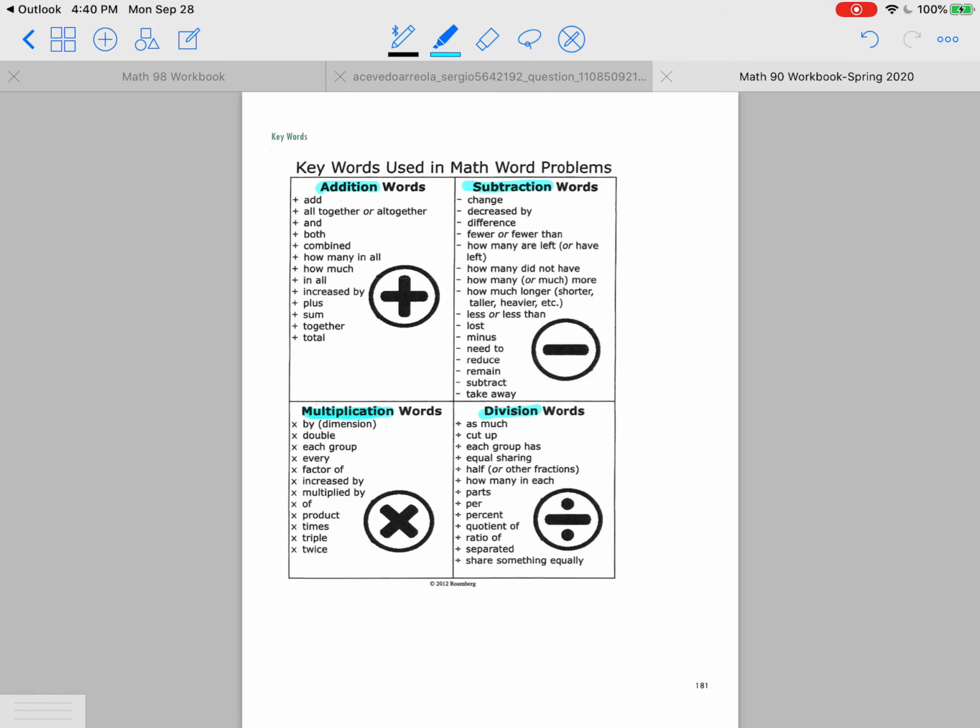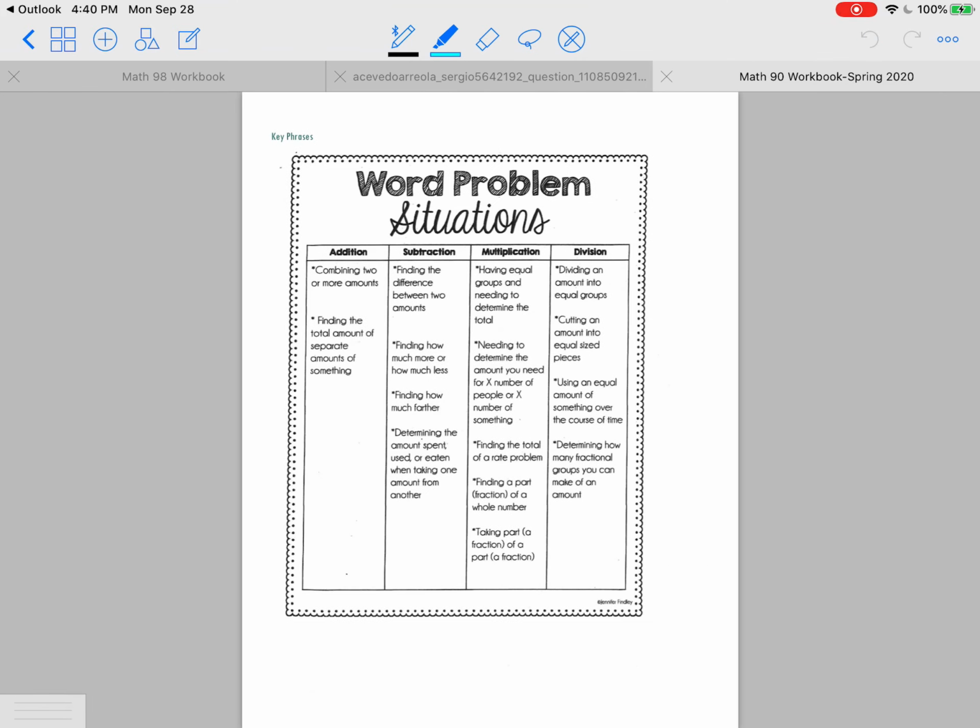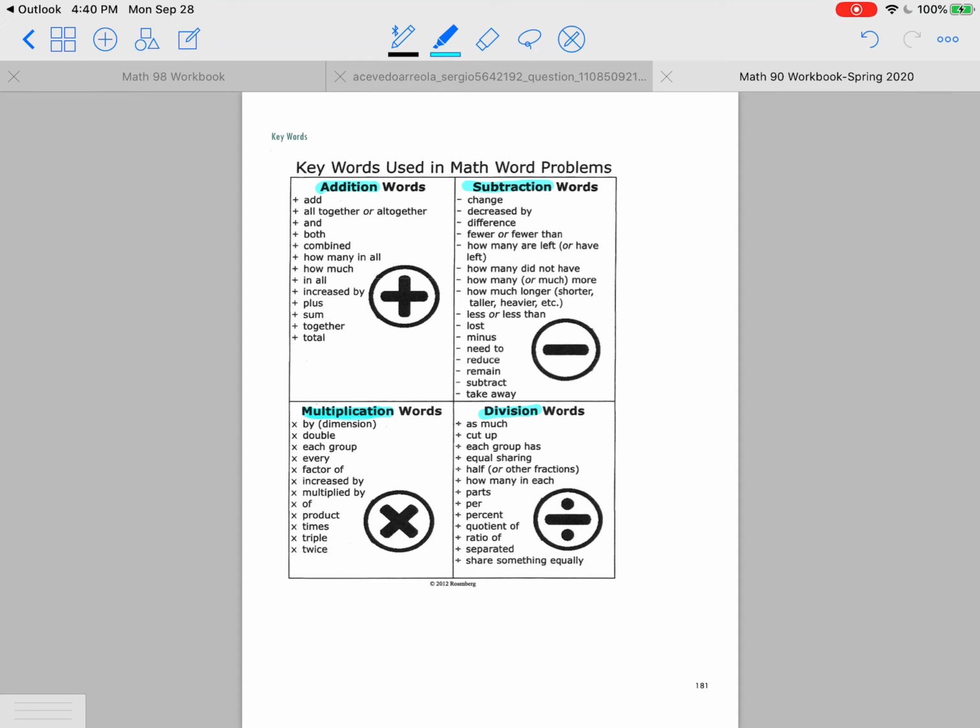Okay, so those might be helpful if you're kind of stuck and trying to decide what it is you need to do in terms of the operation. I actually tend to like the situation better. I like to go by the situation because sometimes we memorize words that would kind of indicate an operation. But I think if we go back here,